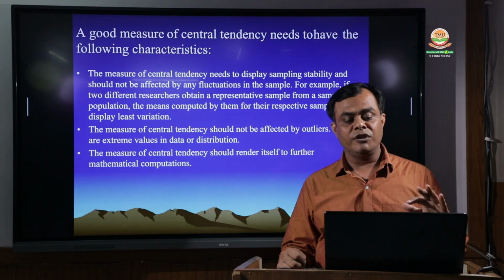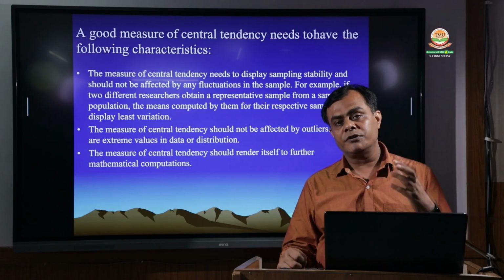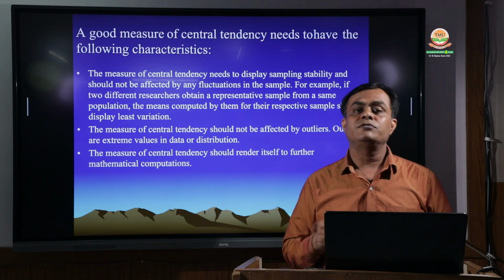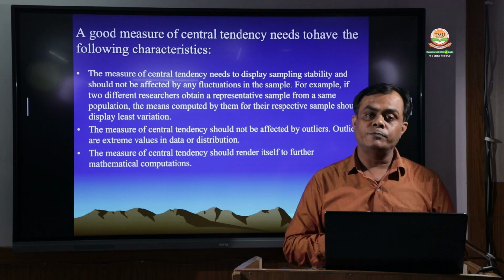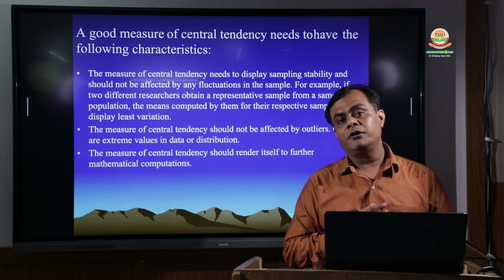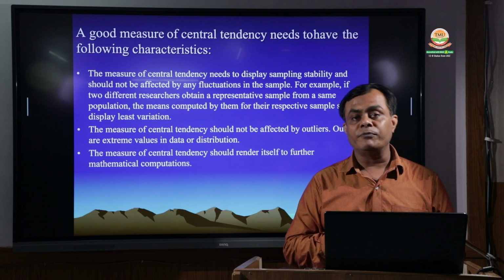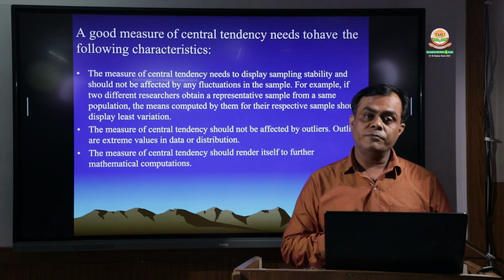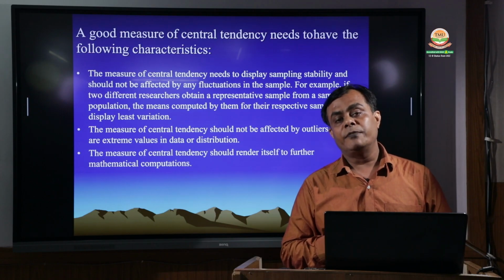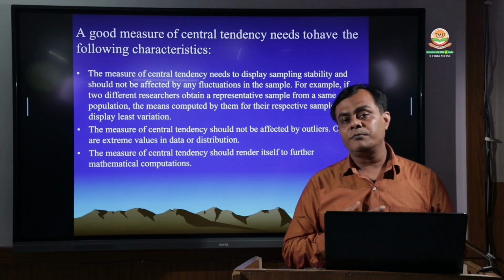If the mean value is the same for every researcher, that means they are drawing the sample from the population in a good manner, with no defect. But if the measurement of central tendency differs for each researcher,